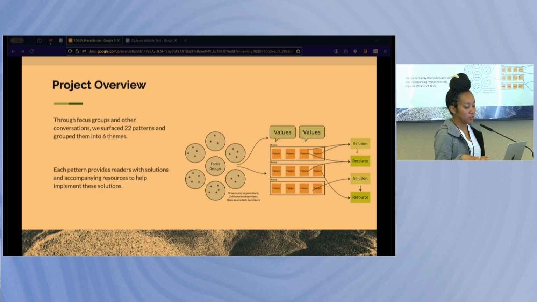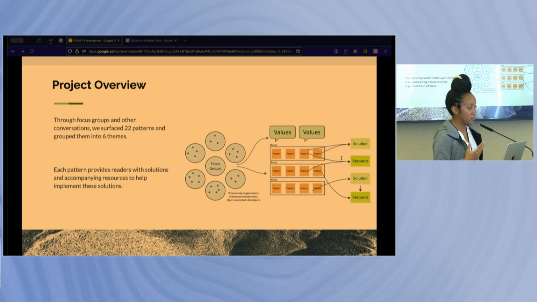I'd also like to note that the solutions and resources, essentially all the green, were surfaced through conversations and through the research itself. We also had a few feedback periods with the community organizations and all the audiences we worked with. We sat down with them and said, this is what we heard, validated it, and made sure we were accurate with what we were saying. From these patterns, we also outlined a set of values, which I'll get into. Those are across the top, as we wanted to make sure that all the solutions and resources we provided adhered to this open, transparent, values-oriented work that everyone was doing.